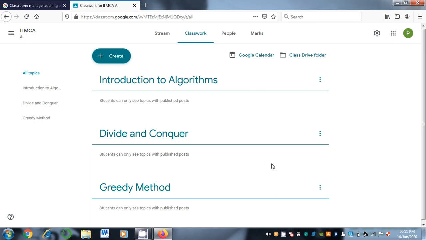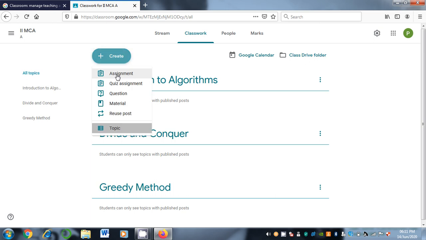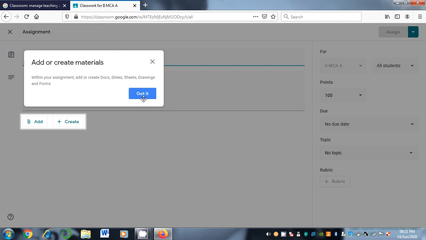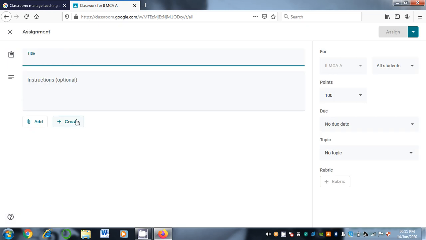Okay, now you can create an assignment. For example, if you want to create an assignment for your students, by using the create button you can create an assignment. For example, the title of the assignment is what are the characteristics of an algorithm.